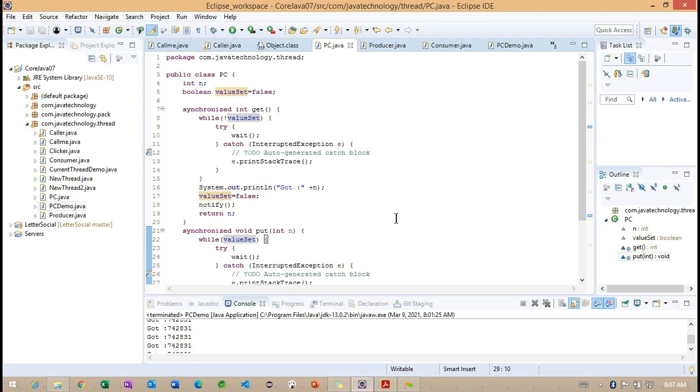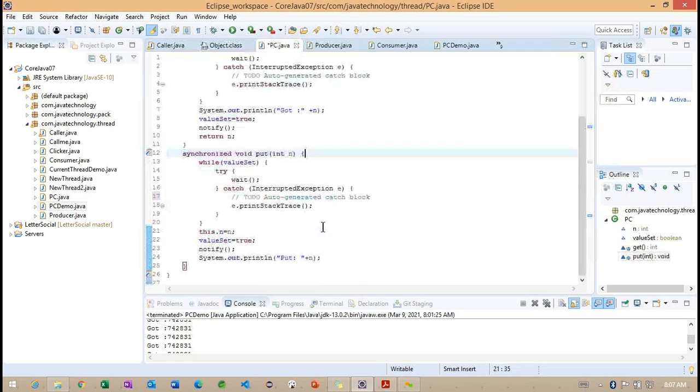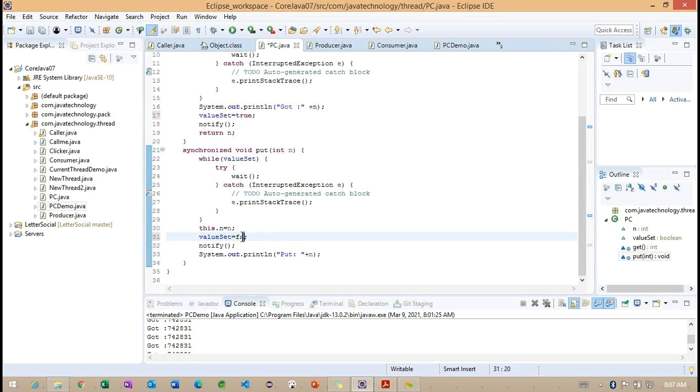Every time we are making it false, it will return, and again we are making it true.